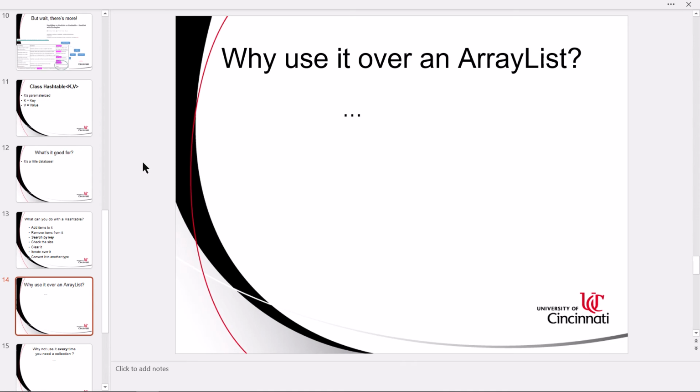Is it better than an array list? Should I use it instead of an array list? Well, remember from the order of least capable to most capable, you have the concept of an array, and it's fixed length. It can't grow and shrink. All the elements have to be the same data type. Then you have an array list. It's not fixed length. It can grow and shrink.